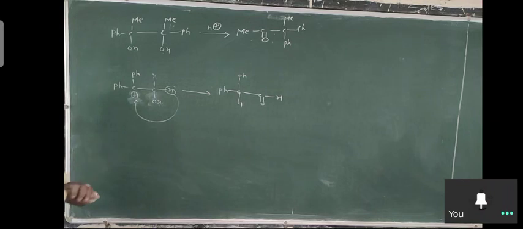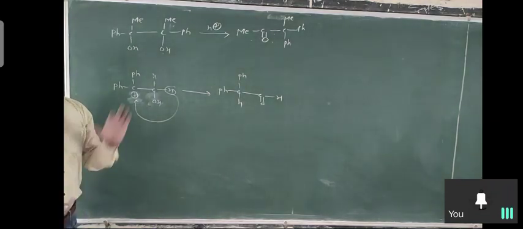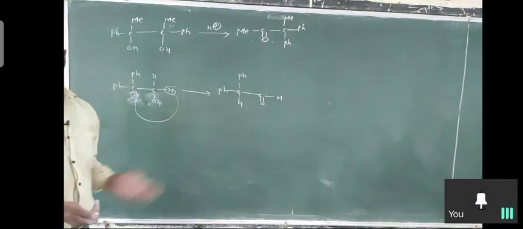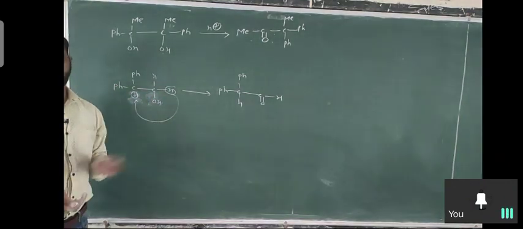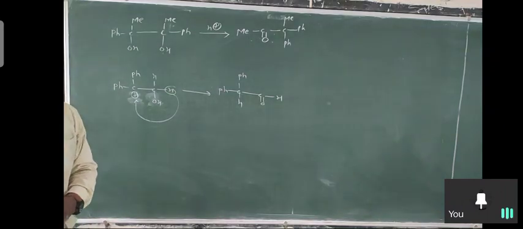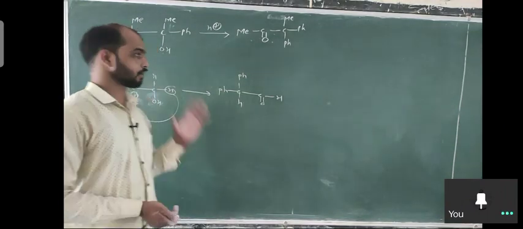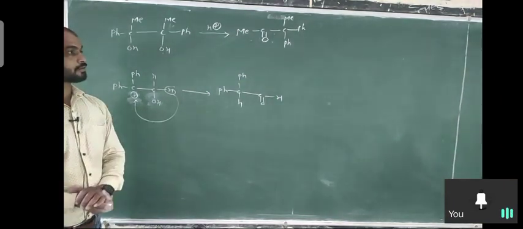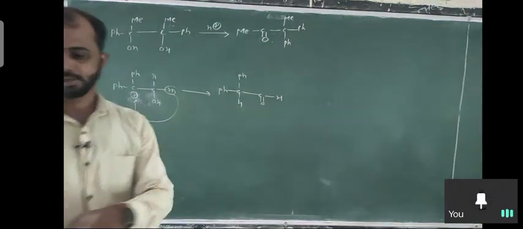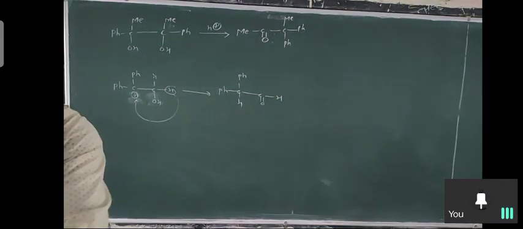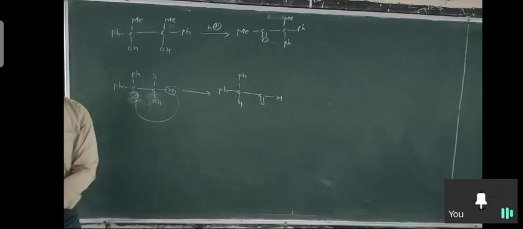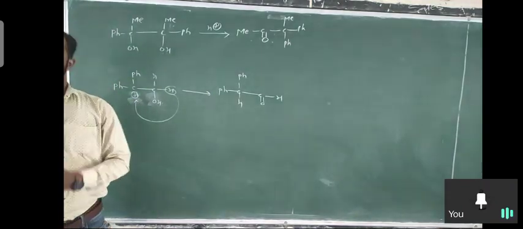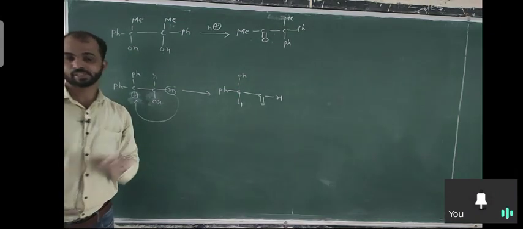So this is about the pinacol rearrangement. You can solve the examples given on pinacol and Baeyer-Villiger. There are two more rearrangements remaining, Favorskii rearrangement and Claisen rearrangement. Yes, Claisen rearrangement, not a condensation. Only two rearrangements are remaining. We will take those in the next lecture. Tomorrow we will finish the rearrangement chapter.